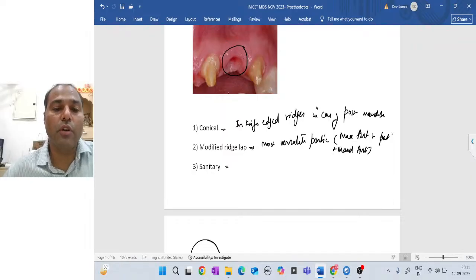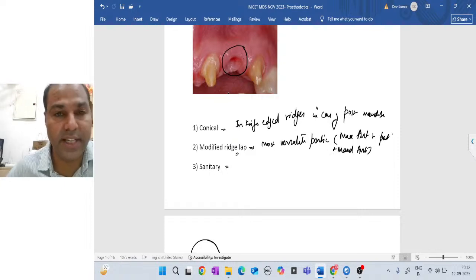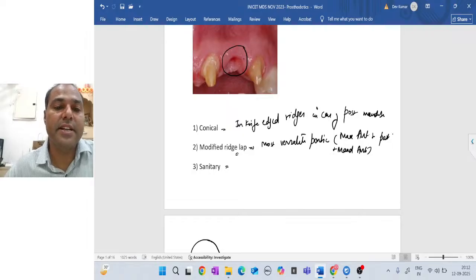Modified ridge lap is the most versatile. If ovate is not given in the choices and an anterior is asked, and it is not a fresh extraction socket, there we can go ahead with the modified ridge lap design. Sanitary always in posterior mandible,